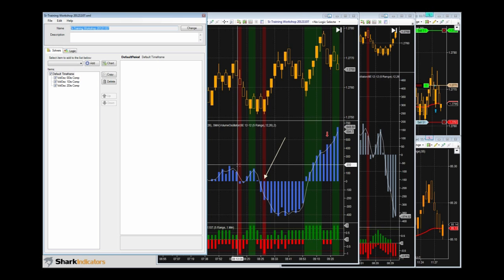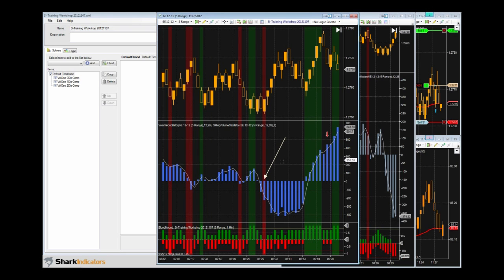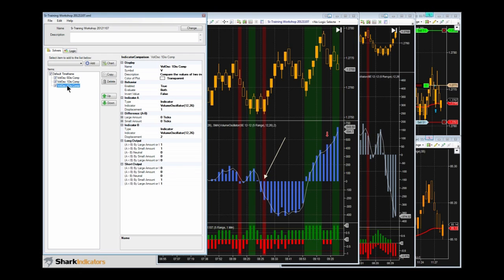All right, so we now have this SMA smoothing out our volume oscillator. So now, these solvers here are just using the raw volume oscillator data. Right, so let's switch them over so they're actually looking at the SMA smoothed value of the volume oscillator. And that's pretty quick and easy to do. So what we need to do is just go and